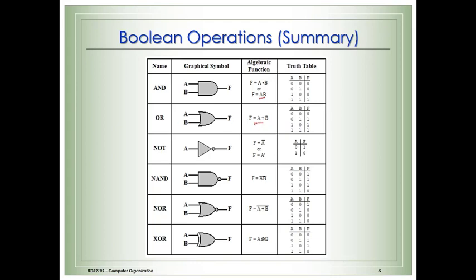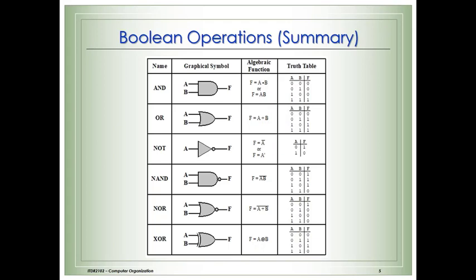The OR operator is written with a plus sign, so A or B. For NOT, you either put a bar over A, or use an apostrophe. These are the three basic ones. For NAND, you use AB with a whole bar, or A dot B whole bar; both are correct. For NOR, you use A or B, then the whole NOT. And exclusive OR, you use A, then this symbol, and then B.